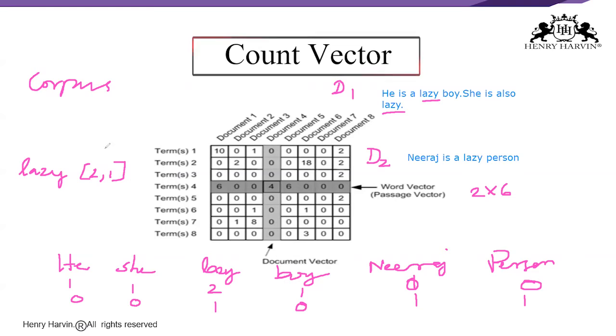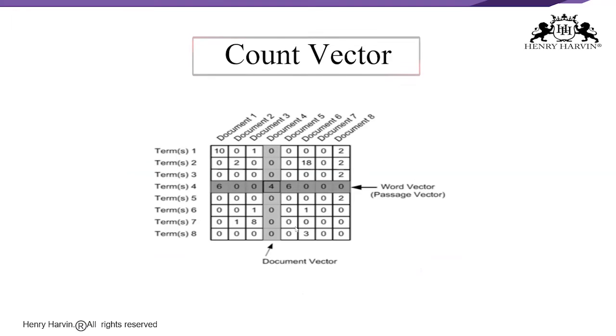So here is the way the count is taken for each word. We may either take the frequency, that is the number of times the word has appeared in that particular document, or the presence, which means has the word appeared in the document, to be the entry in the count matrix. That is what is being represented here: term 1, term 2, term 3. So this is basically a document vector. There are 8 documents and 8 terms. So this is about the count vector.